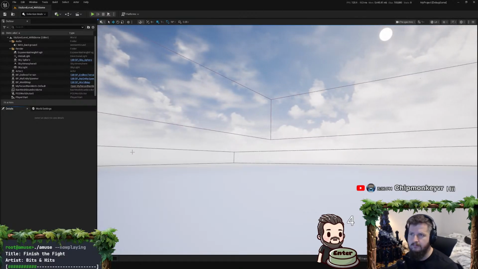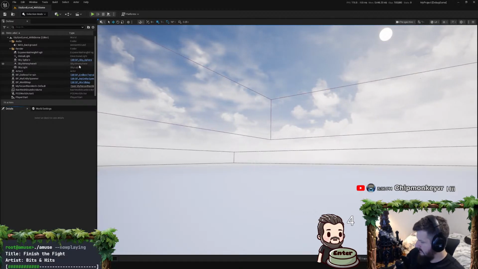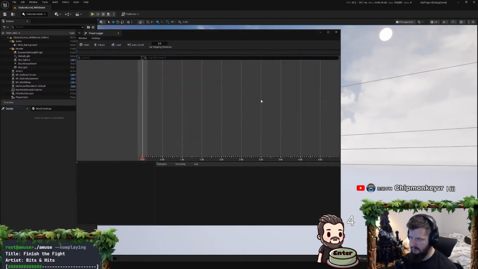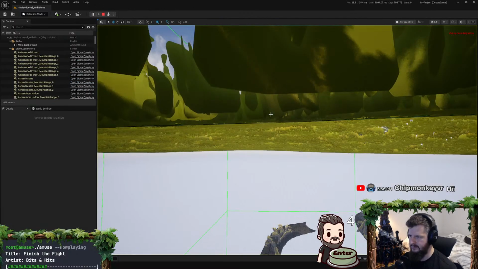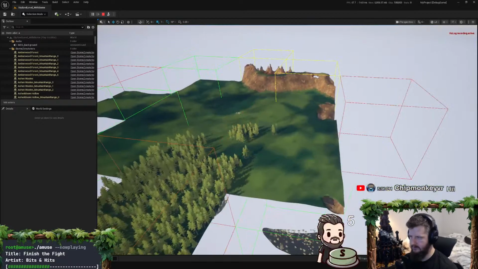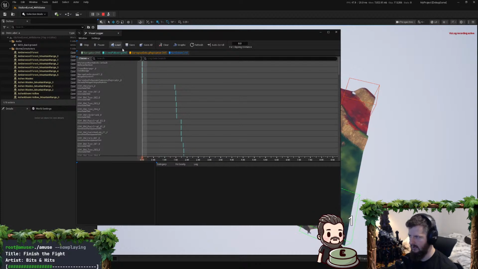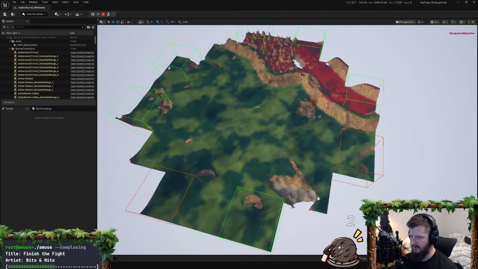Chipmonkey, hello. Welcome in. What are we doing today? We're going to be doing some more ironing out of the rain entity spawn movement stuff. And I did do a little bit more of this off stream since the last one. And we are moving along quite nicely, I would say. We don't need any of that, just clear all that out.